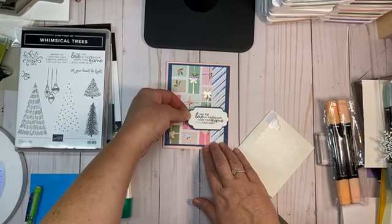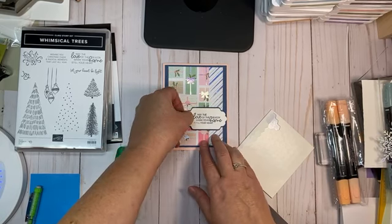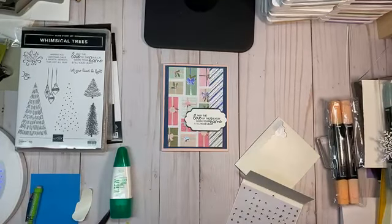Okay. So I think we're going to stick that right about there. We'll add a little bit of bling here. Trying to open my tweezers. Not sure if I want to use tweezers or not. What I really wanted was my take your pick tool, but